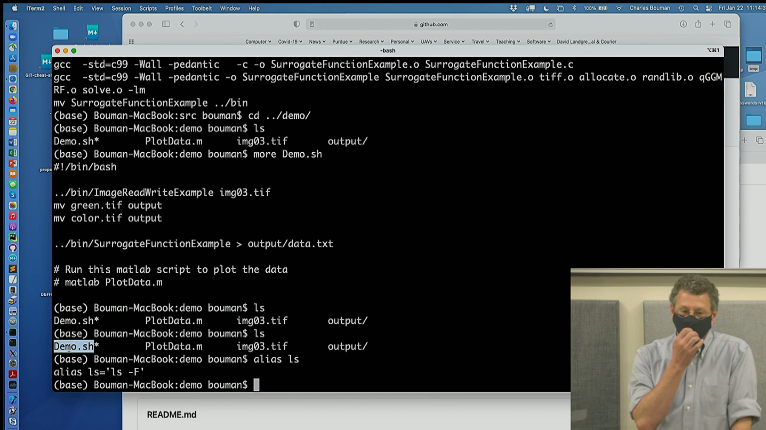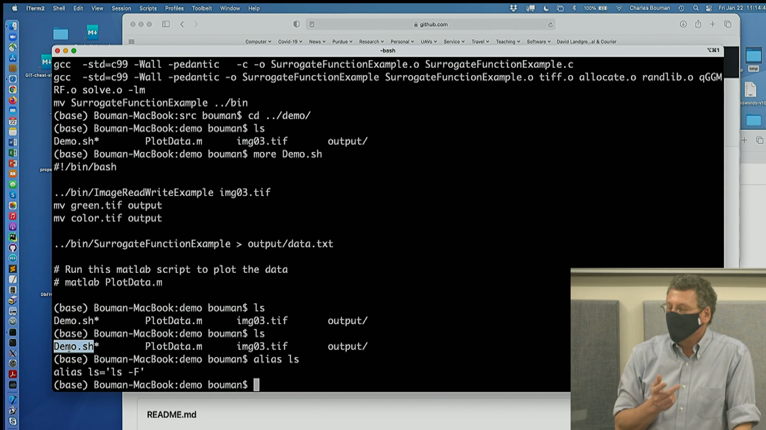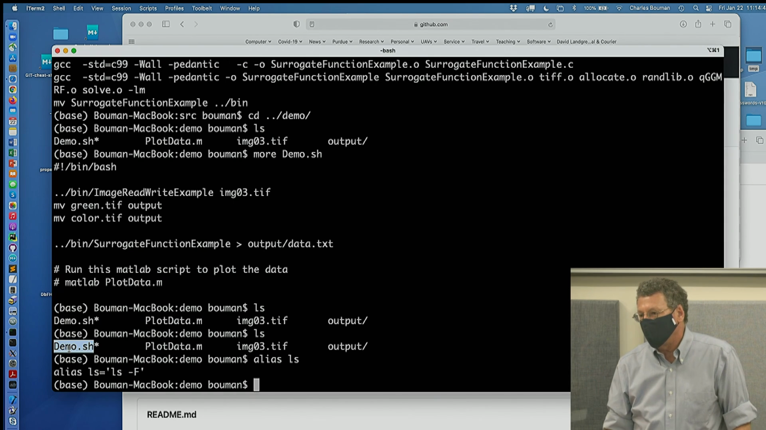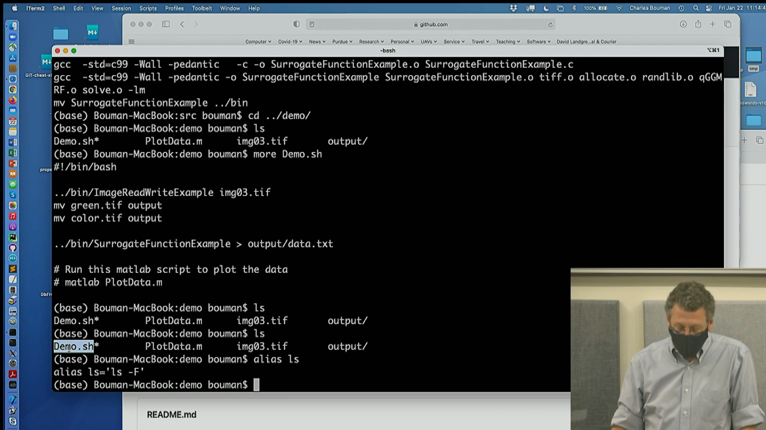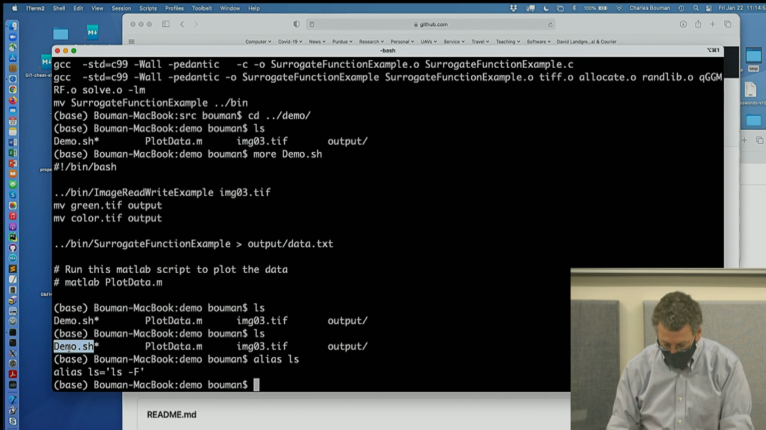In Windows, executable files have to end in, what is it, .exe or something? But on Unix, anything can be an executable file, and it doesn't necessarily have to be a binary. Demo is not a binary, actually. It's a shell script. If I more it over here,